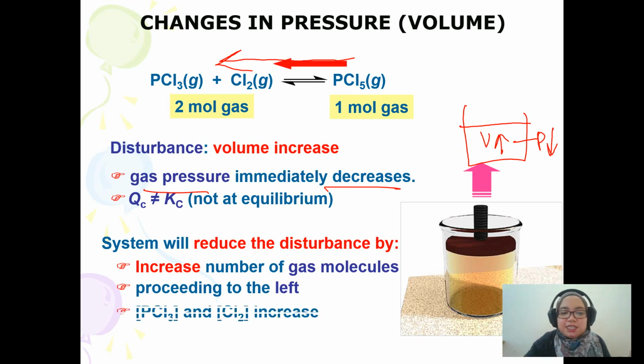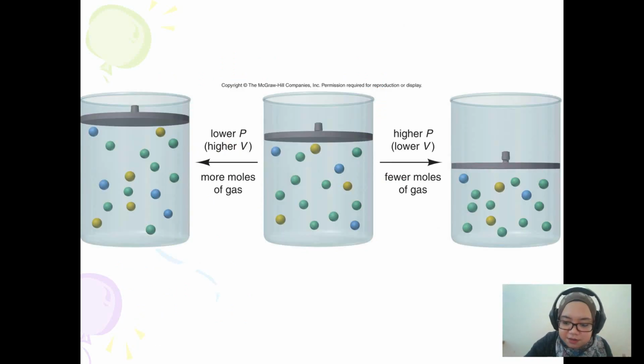So here, what will happen to the concentration of the reactant? It will increase, then the concentration of the product will decrease. Okay, so look here. This is the system at equilibrium, where Q equals K, system at equilibrium. So when we look at this, when there is higher pressure, there is smaller volume,